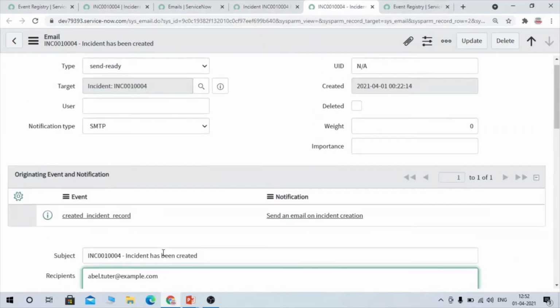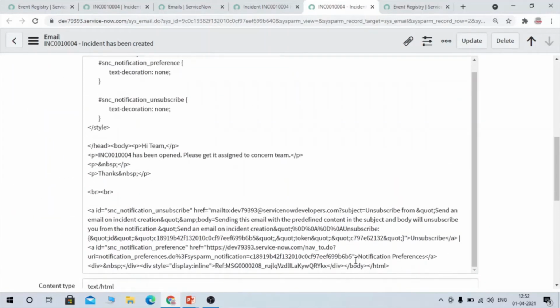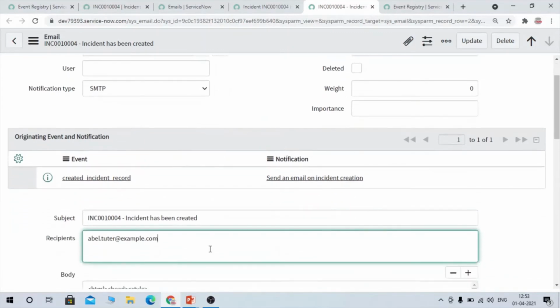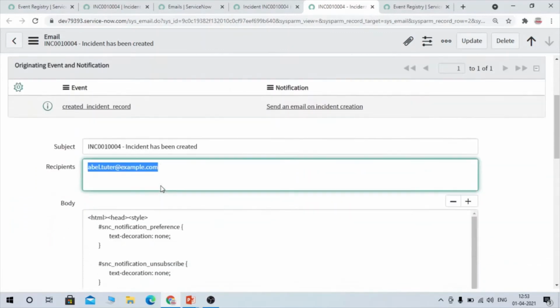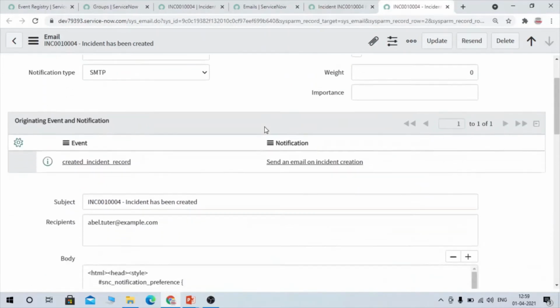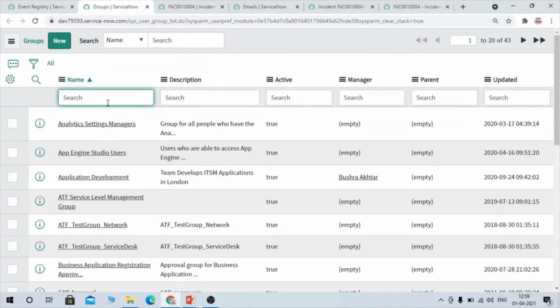Here you could see the recipient is our caller, but it doesn't trigger to the group because we have not added anyone into our group, right?